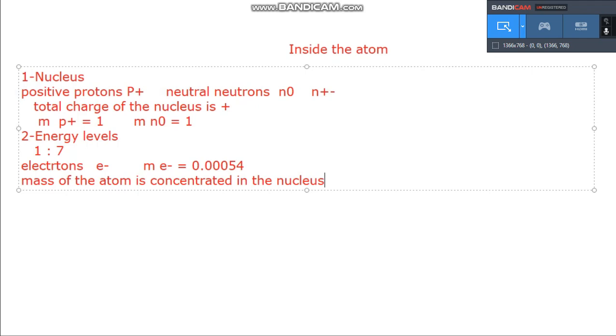Okay, right. So as we said before, the charge of the nucleus is positive. What about the total